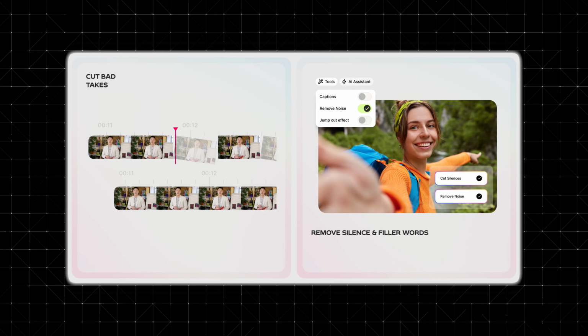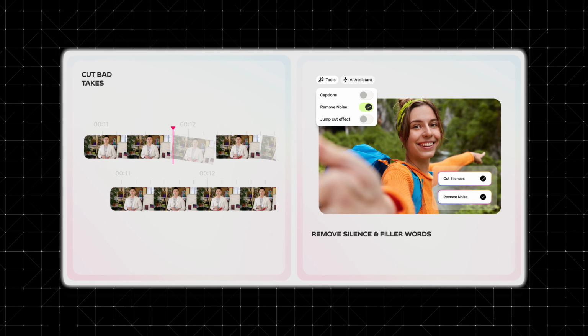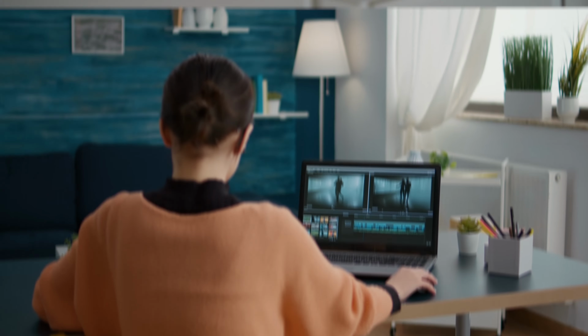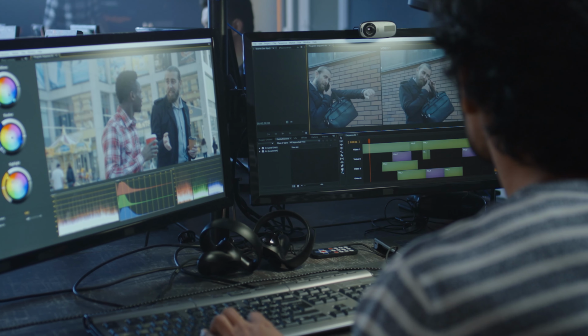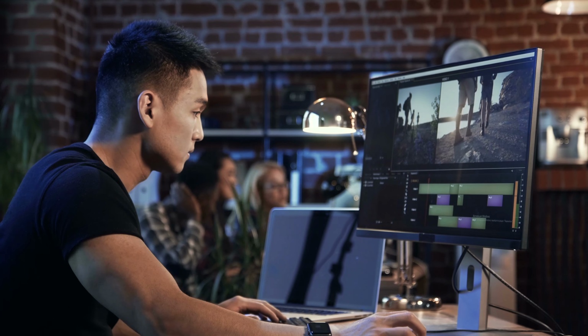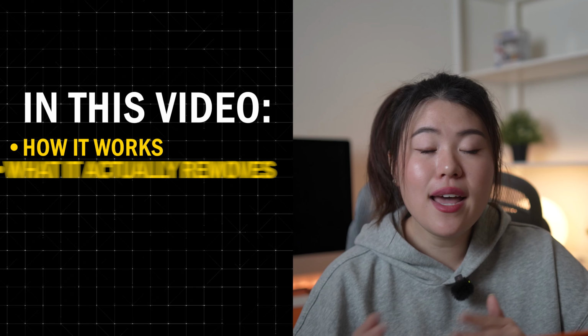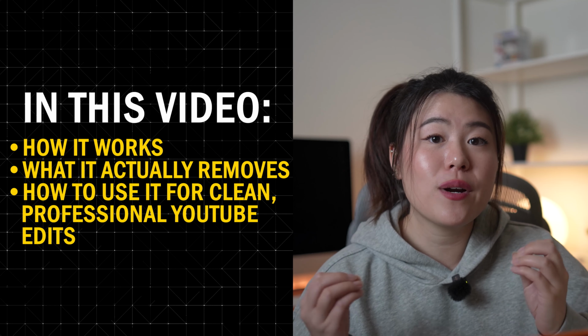In this video, I'm going to show you how to use Gling AI to automatically cut silences and remove bad takes from your YouTube videos so you can edit faster without scrubbing through hours of footage. If you're tired of manually trimming pauses, re-recorded lines, or awkward moments, Gling AI does that for you in just a few clicks. I'll walk through how it works, what it actually removes, and how to use it for clean,